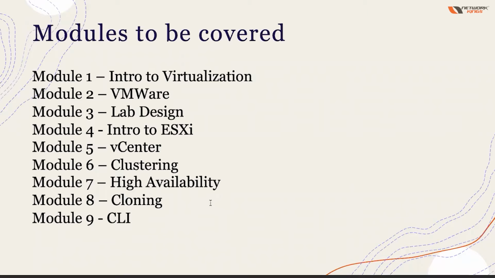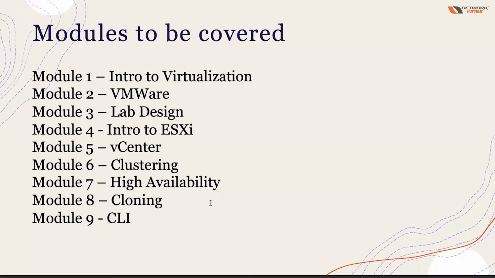It is generally assumed for the lab design of DCV, VCTA DCV, you should have at least 16 gigs of RAM. Even with those resources, the labs might not run perfectly, but it will be okay for you to understand those. Okay, for those who do not have that much resources on their computers, you don't have to worry at all. There are other options from VMware.